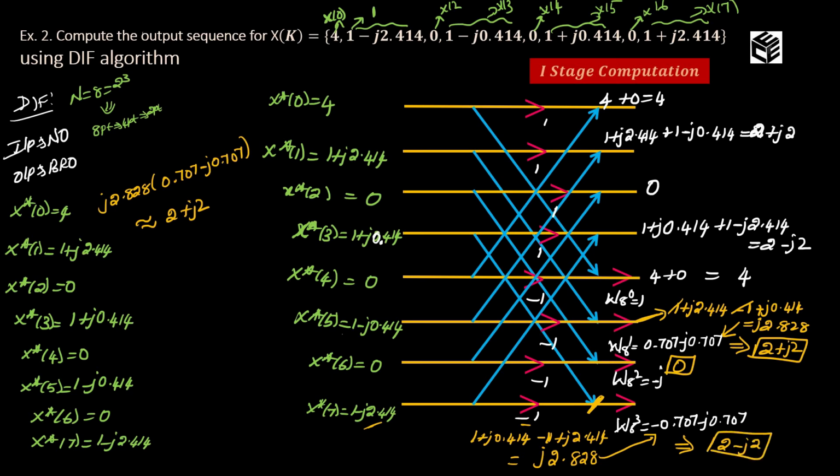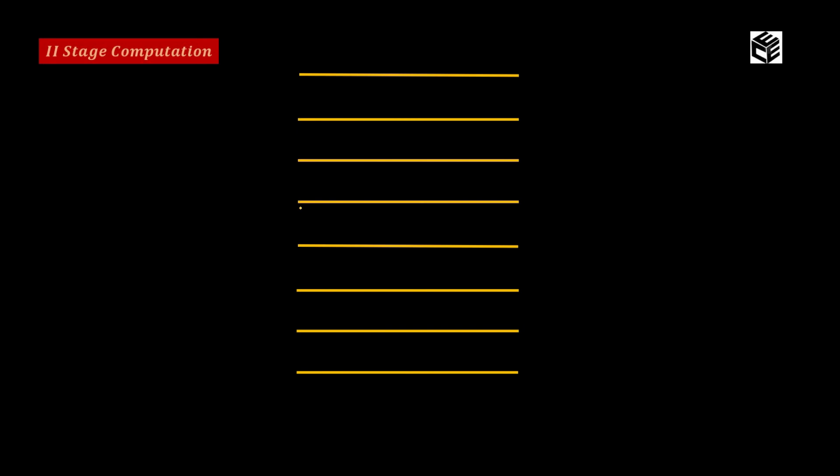Okay. So this is the output of my first stage. I am going to give this as an input to the second stage. So the inputs are 4, 2 plus j2, 0, 2 minus j2, 4, 2 plus j2, 0 and 2 minus j2. For the second stage computation, we are using a 4-point sequence. Okay. Here the twiddle factors are W4 bar 0 is equal to 1, W4 bar 1 is equal to minus